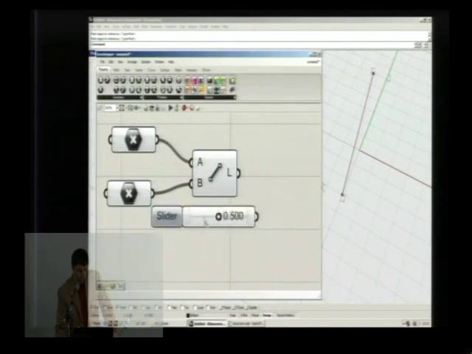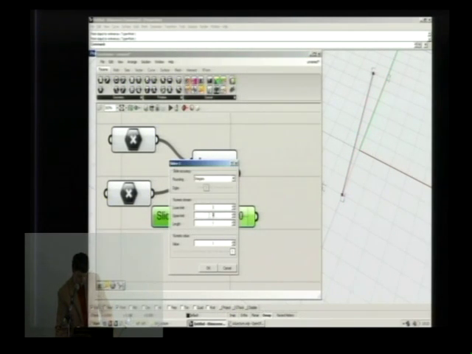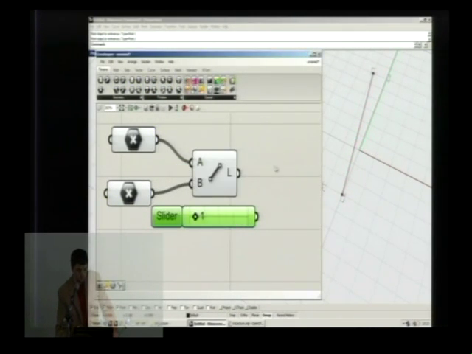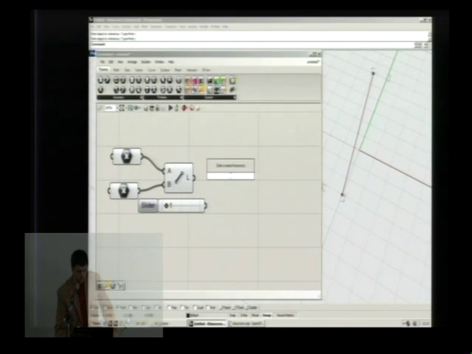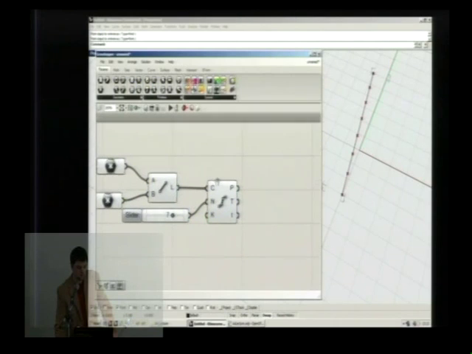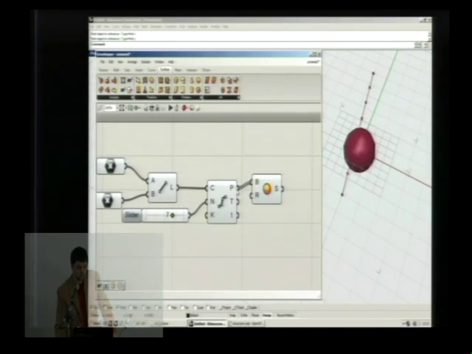We also had a slider, which went from 0 to 10. Then we had a divide component, which takes a curve and the number of divisions. So now I get to control the number of points on this curve. And the last step here was to actually make a surface on these points.